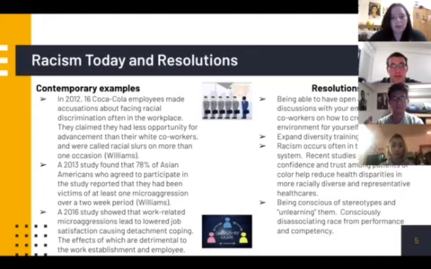So the biggest question that we can ask when talking about racism in the workplace is how to go about resolving these issues and create a more equitable and equal place to work. So being able to have an open and honest discussion with your employer and coworkers on how to create a safe space or environment for yourself and others is very important. A lot of people are well-intentioned and just don't know what they're doing can be offensive to others. So being able to talk about it and really explain how you would feel safe in the workplace is extremely important.